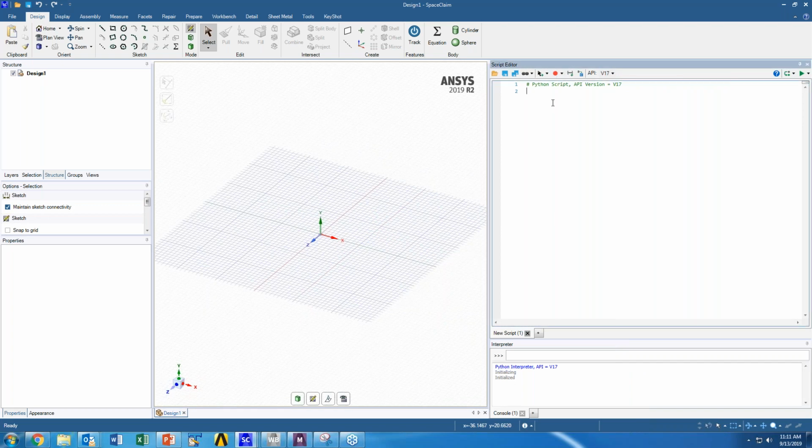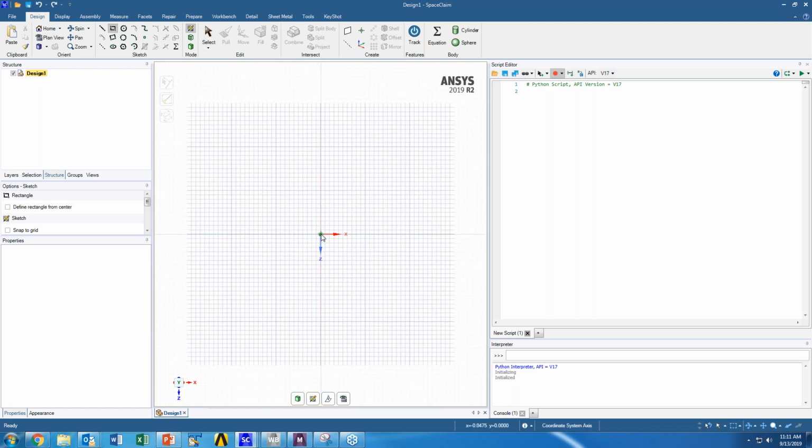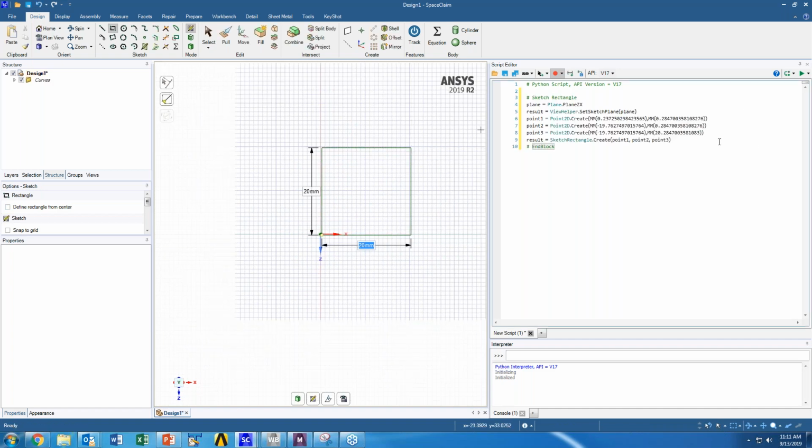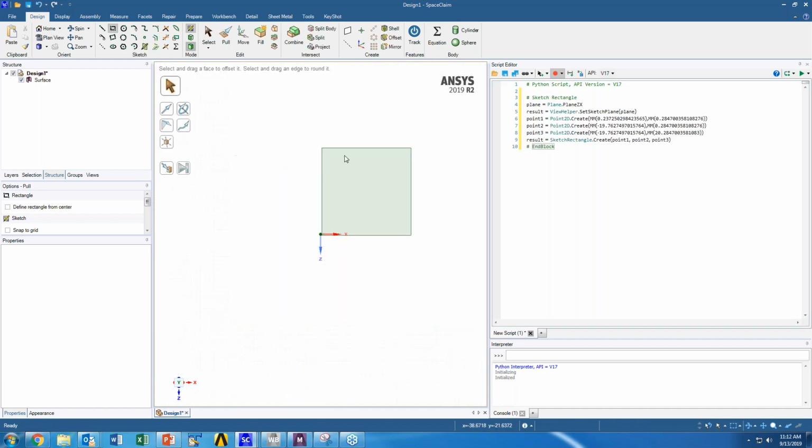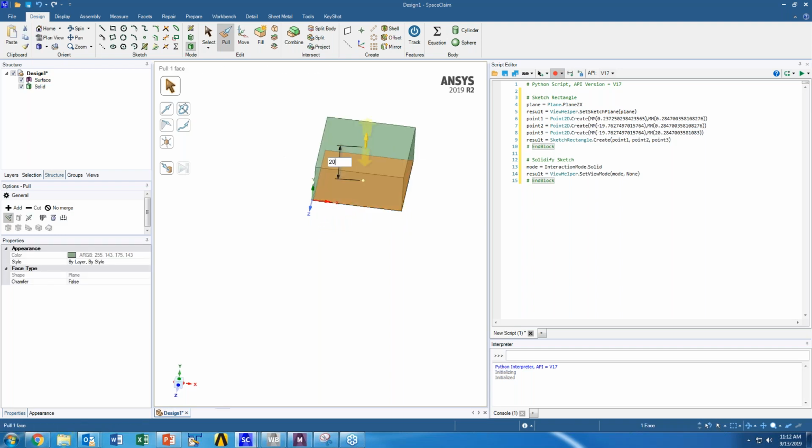Before proceeding, I wanted to touch on the top toolbar and the different features here. You have your basic open and save as tools. There are a couple of tools here that are important to know. The first is that the scripting tool does have a record button. So if I go ahead and create some geometry, let's say a rectangular block, my record button is active. I'll do 20 millimeters by 20 millimeters, and it tracked all that information. I'm going to close out of here and extrude this so I have a perfect block.